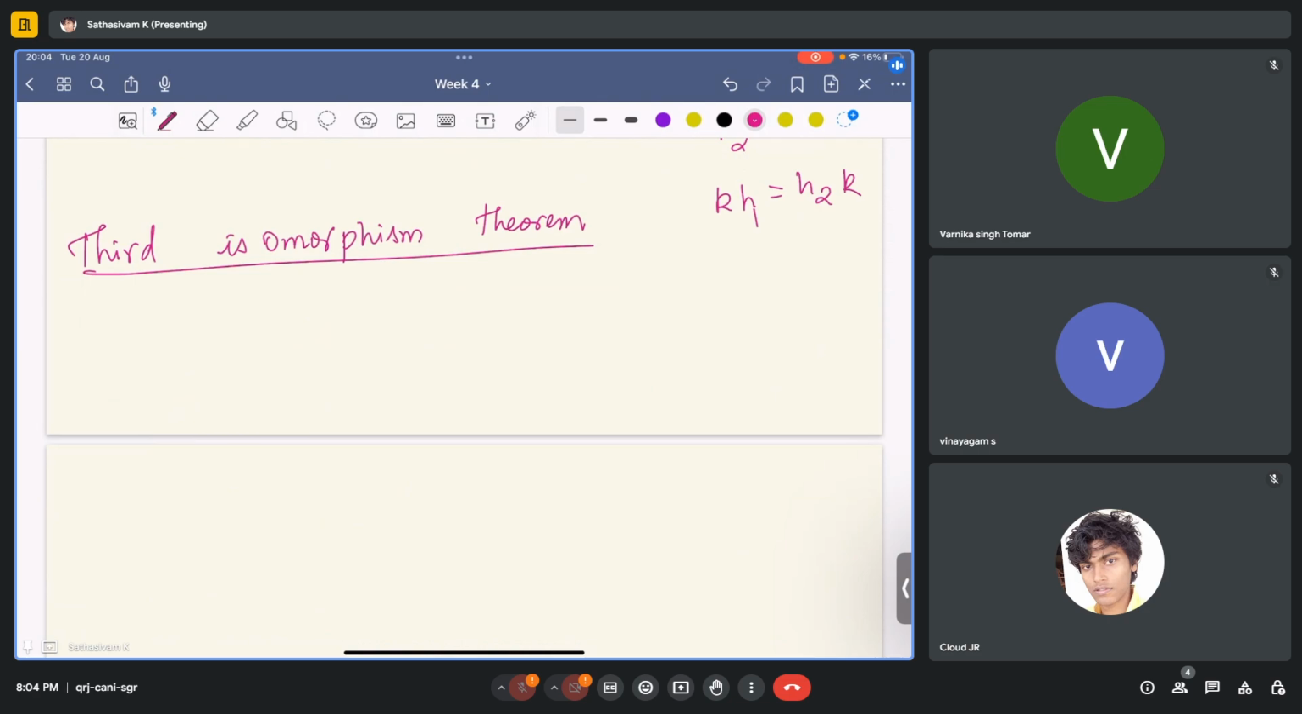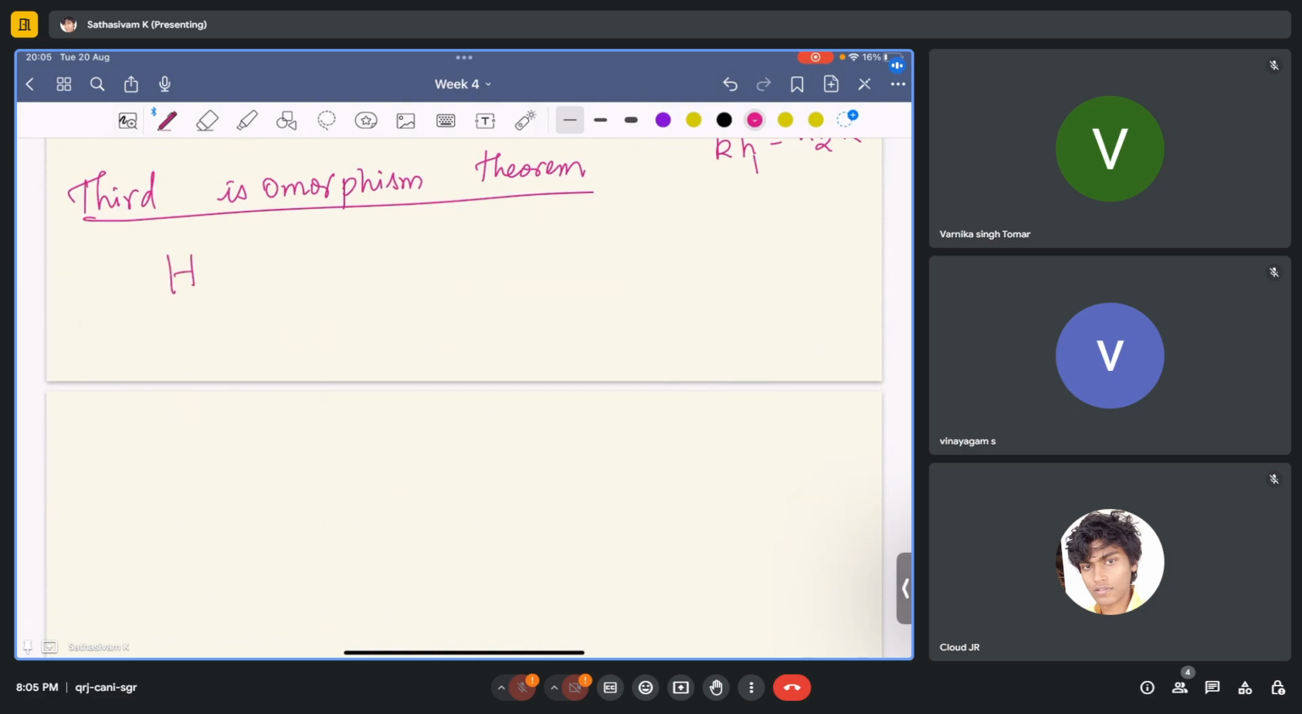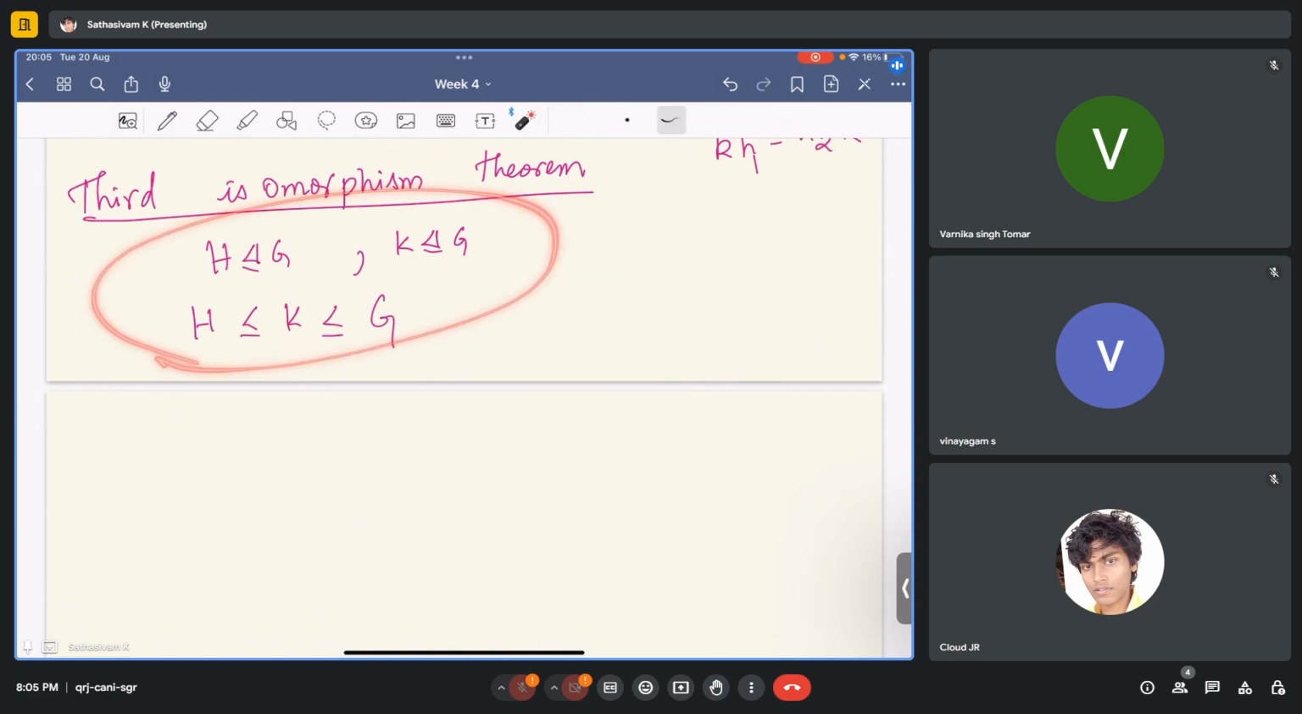So this is what we have. Suppose we have H, K such that these are all subgroups of G. These are basically normal subgroups of G. So H is a normal subgroup of G, and K is a normal subgroup of G, with H contained in K, contained in G. If these are the hypotheses,